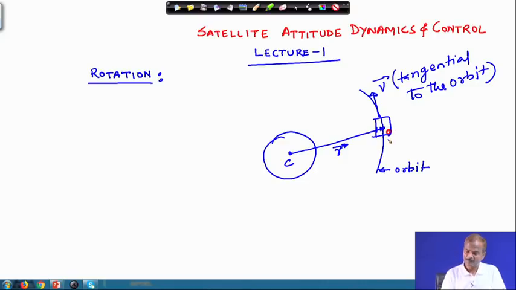Okay. So, right now we are not discussing the dynamics of the system, rather we are just looking into the orientation of the satellite system, how it is oriented in the orbit. Okay. So, it can be a circular orbit, and it can be an elliptical orbit. So, this direction, taking it outward, is generally called the local vertical, LV.